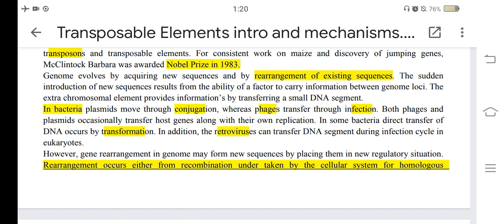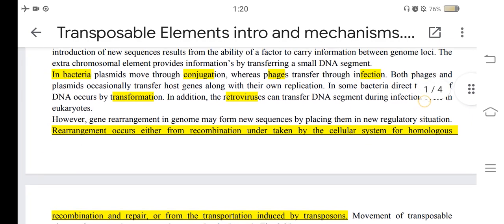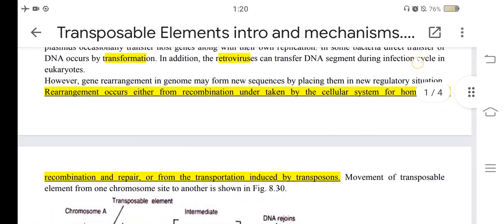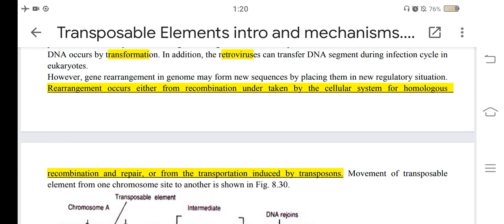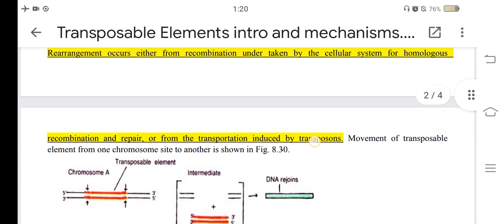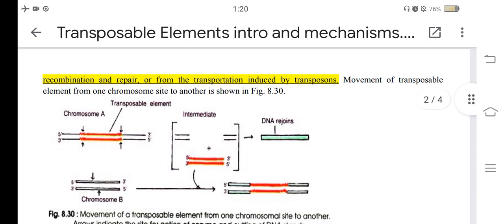Both phages and plasmids occasionally transfer host genes along with their own replication. In some bacteria, direct transfer of DNA occurs by transformation. In addition, retroviruses can transfer DNA segments during the infection cycle in eukaryotes. However, gene rearrangement in a genome may form new sequences by placing them in a new regulatory situation. Rearrangement occurs either from recombination undertaken by the cellular system for homologous recombination and repair, or from the transposition induced